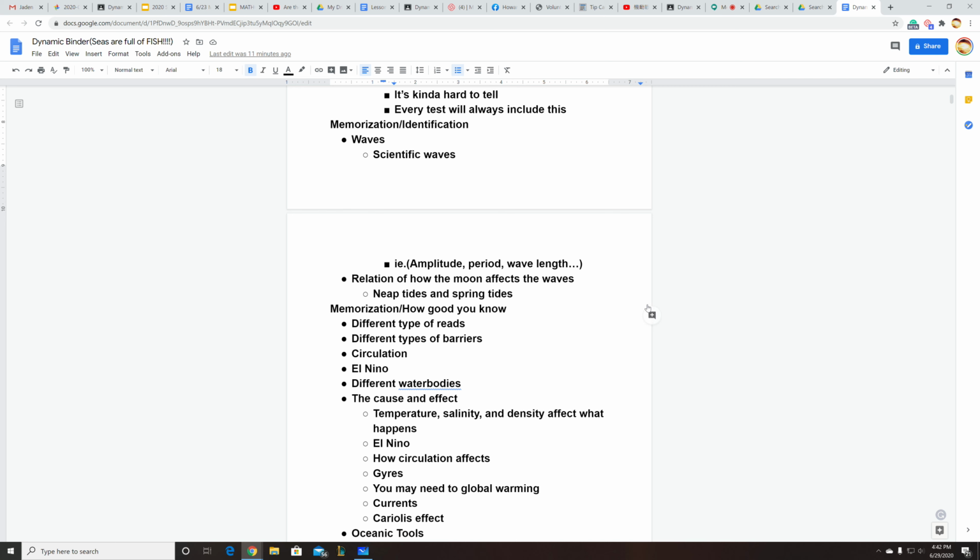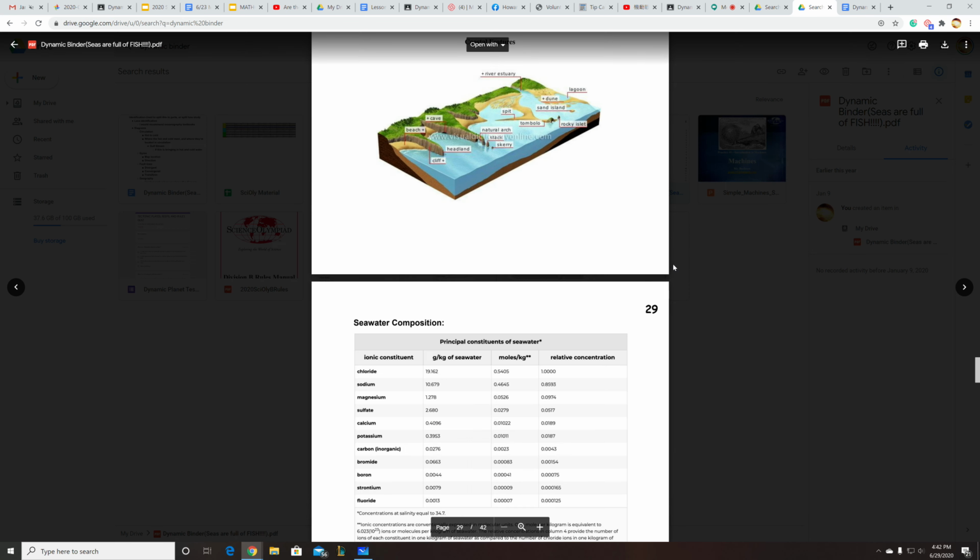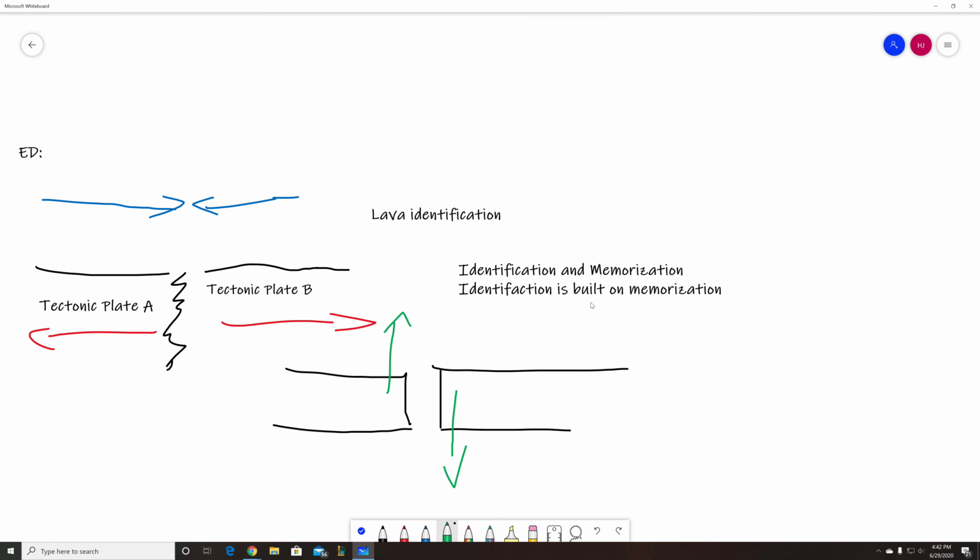Now on to memorization and identification. I'm going to go into more detail later. This is just an overview class because I don't want to go too deep, since everyone will have questions if I do. But for the memorization slash identification of waves,